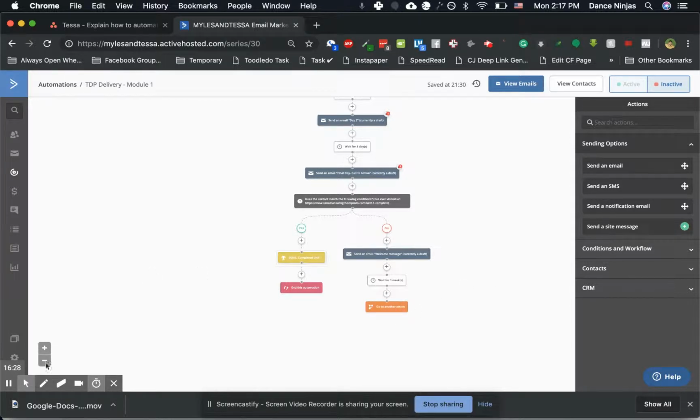All right, I'm not sure why it's not working right now, but the idea is that I want to drag this and I want it to go back up, right? So that